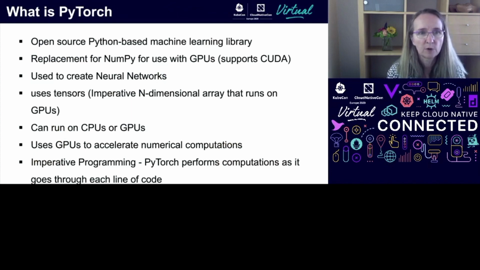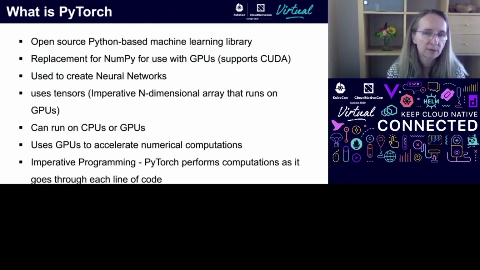So just a little bit more about PyTorch. It's open source. It was created by Facebook. It was initially intended as a replacement for NumPy that used GPUs. NumPy doesn't. NumPy runs on CPUs. PyTorch runs on GPUs.